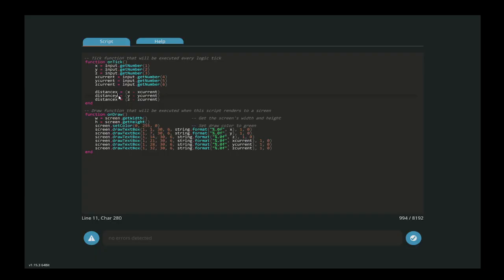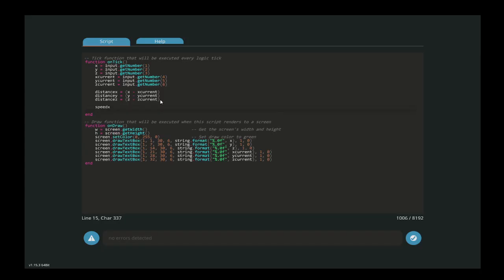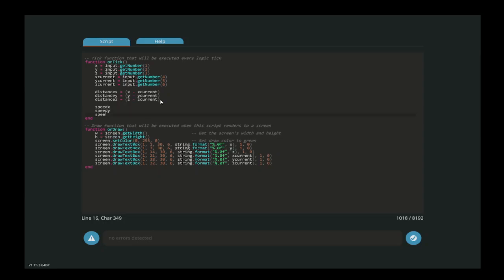X, Y, Z, and then we can say speed X, Y, and Z equals distance X divided by